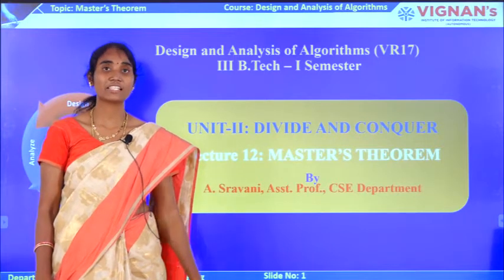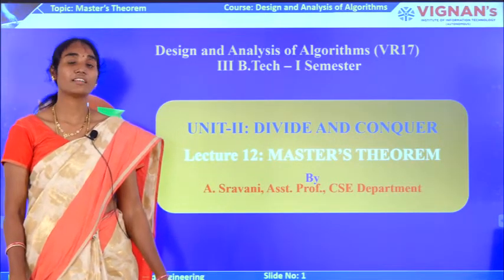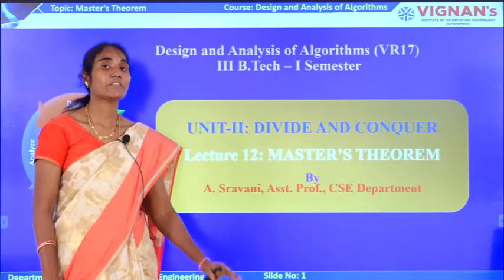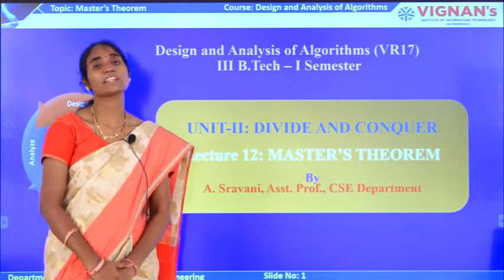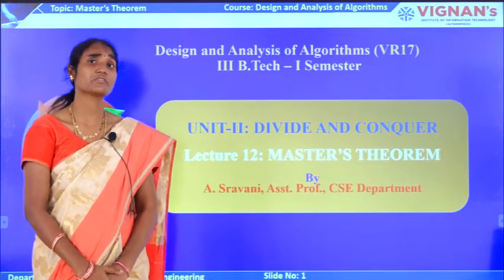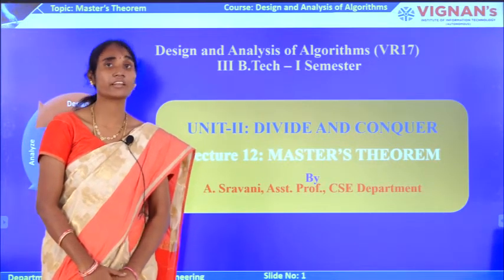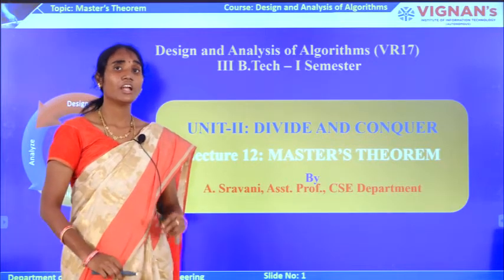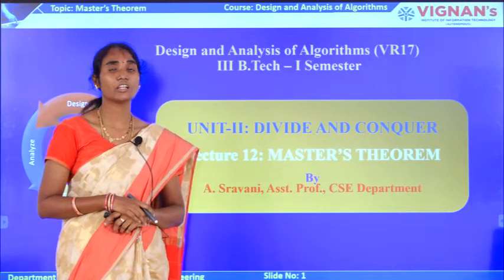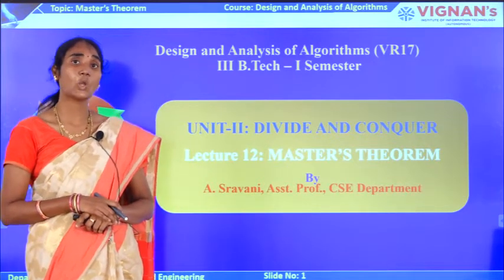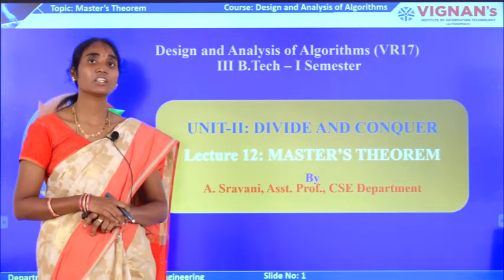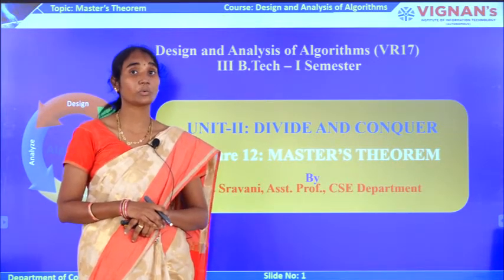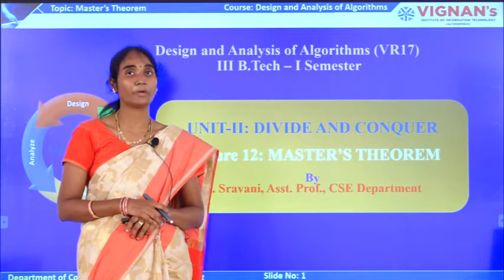Session. Today we will discuss the second topic under the second unit, which is Master's theorem. In the previous session we have seen what is meant by divide and conquer and what the general method is, and also, to solve the recurrence relation, we have seen one method called the substitution method. Substitution method basically takes a lot of time, am I right or not? To solve a recurrence relation using substitution method, it takes around 2 to 3 pages if it is a bigger problem, right?